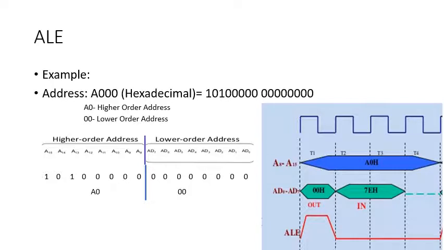Let us discuss in detail. The 8085 microprocessor has 16 address lines for the 16-bit address of a memory location. Out of the 16 address lines, 8 address lines are solely dedicated to transfer the 8 higher order address bits, while the remaining lower order 8 bits of the address are sent through another 8 lines multiplexed with the 8-bit data lines.